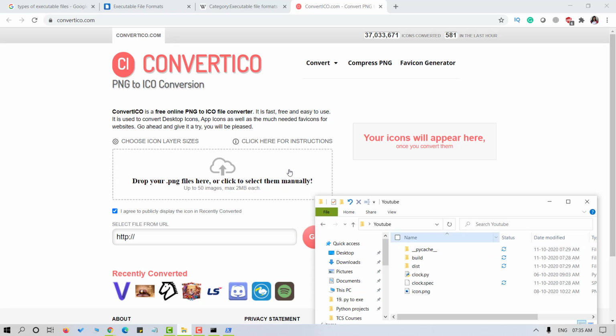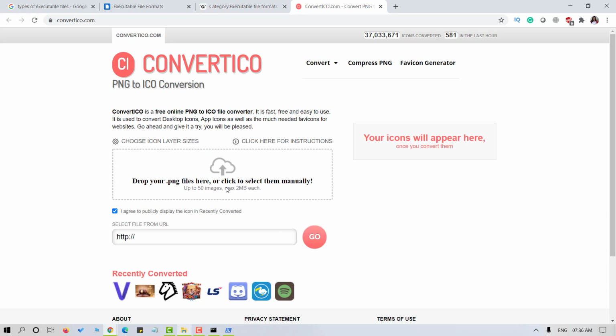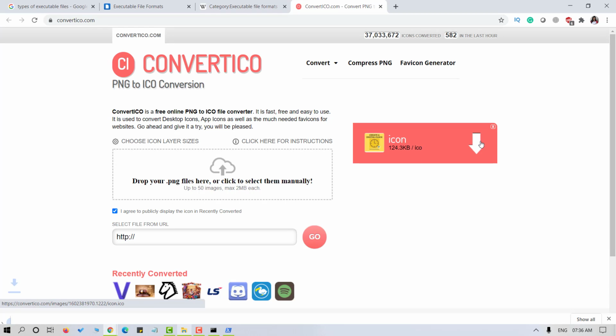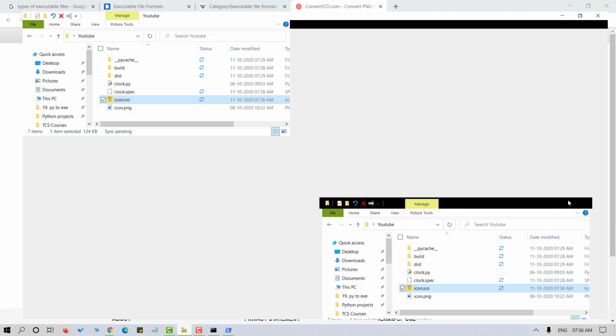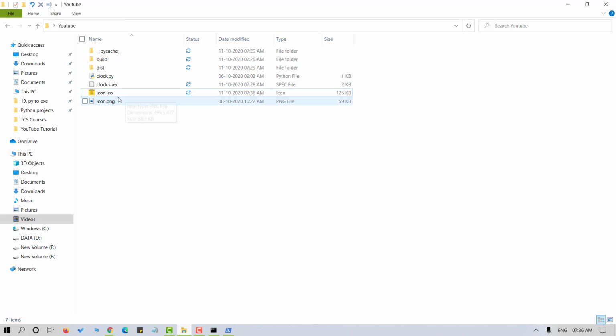We simply have to drag a PNG file here and the icon will appear here once it's generated. So this is the PNG file which I'm using. Also, when we use this inside a terminal, we'll need to specify the exact path for the ICO file. So here's our .ico icon file.